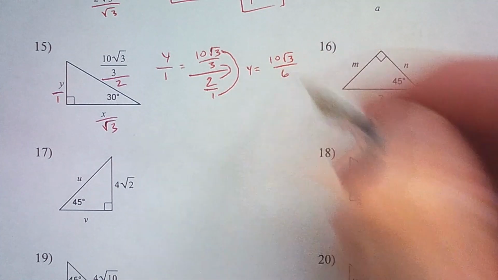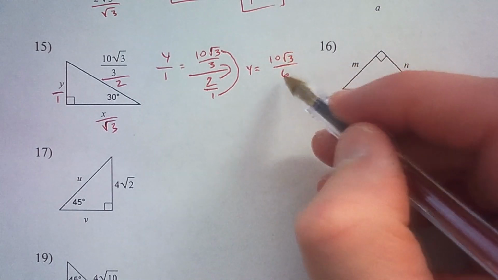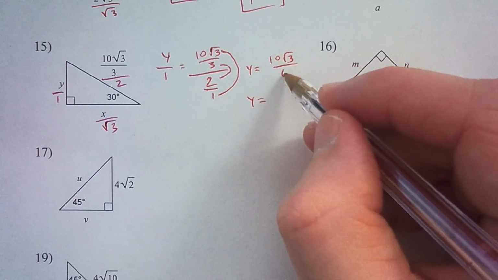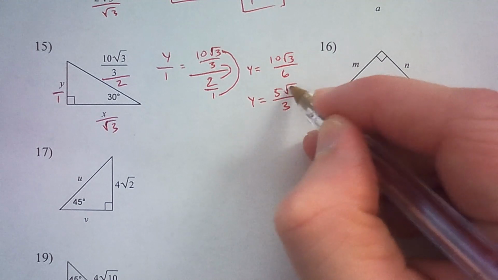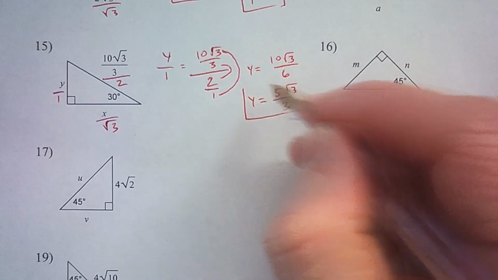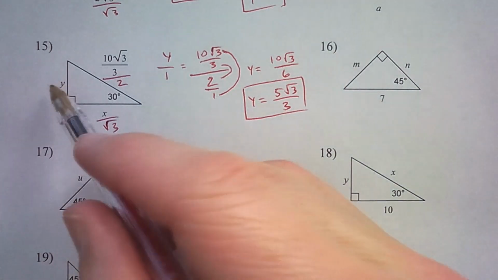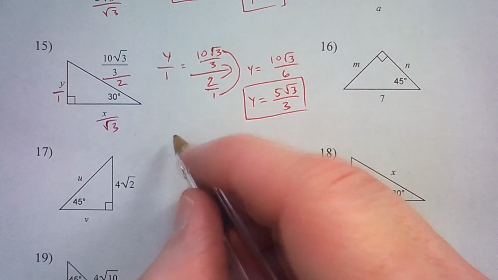2 times 3 is 6. And then 10 over 6 simplifies. So 10 over 6, 2 goes into both of those 5 times and 3 times. So I have 5 root 3 over 3. Okay, so that's for y. Now for x, I have